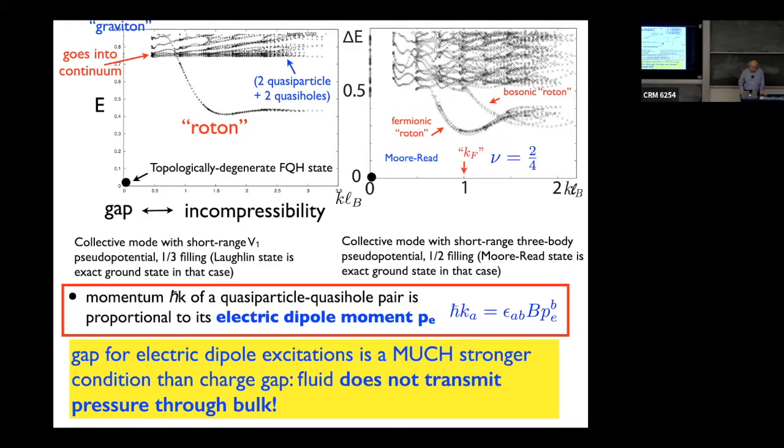Okay. And another thing one can see in this picture is that the collective mode at long wavelengths has disappeared up into the continuum of 2 quasi-particle and 2 quasi-hole pairs. And I used to think that you couldn't do anything about that. But it now appears that by suitably choosing the interaction potential,